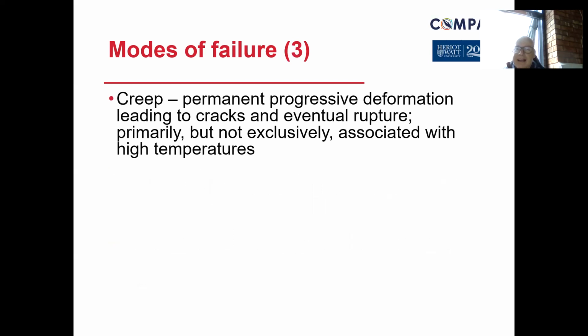Creep. So I guess in a body, a classic example of this is crepitus, the creeping of the joints. You can hear the joints crack, or you can hear that gravelly kind of sound that goes on with bones. Similar kinds of things happen in materials and steels used in structures. So in order to think about structural integrity, we've got to think about the potential for things to go wrong. So creep is one of the examples, defined as permanent progressive deformation leading to cracks and eventual rupture.